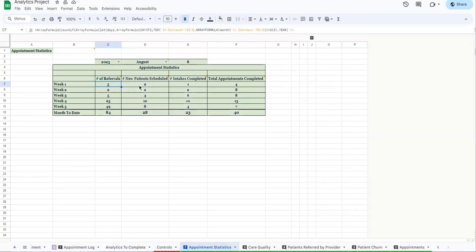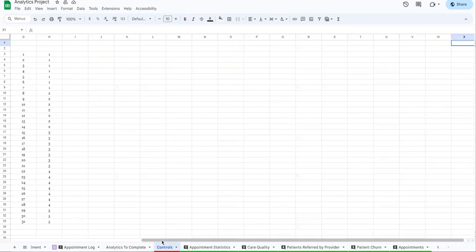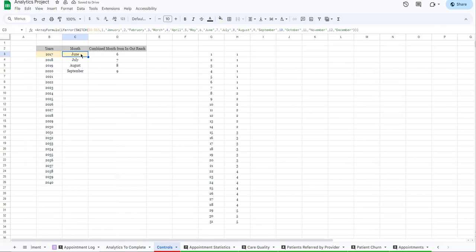And if I miss something or if there is any, all the months. Okay, I think you have added this new remark. Drop down to be able to see all the months and any calendar on the month. Okay, I will make sure I will just change it. Let me just change it to, instead of 2019, I'll add maybe 1, or maybe you can start it from 2017, and you will be having till 2040. Similarly for this,